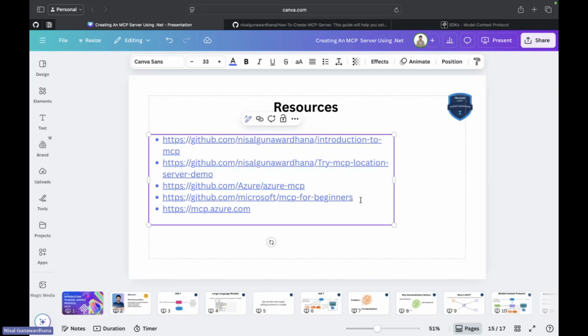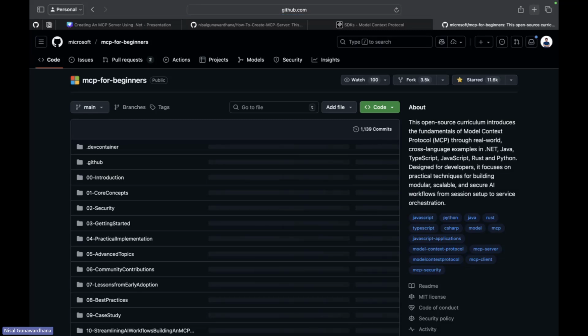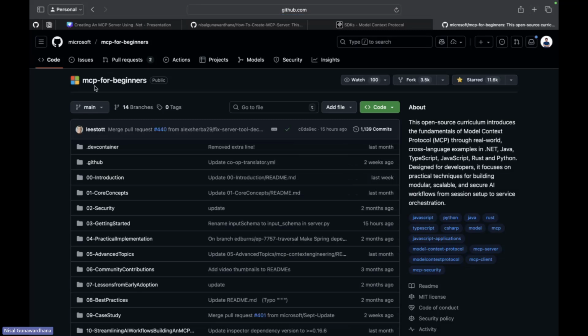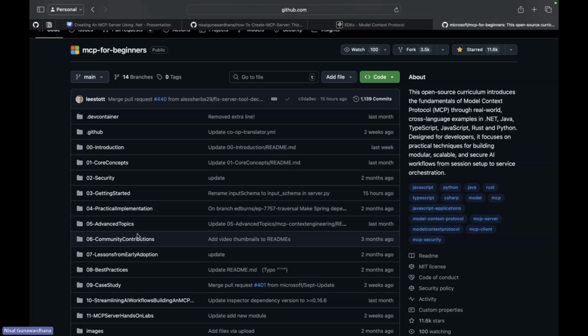Again, this is a very important resource from Microsoft, right? I copy this one, paste it here, and move to this particular repository. This is MCP for Beginners from Microsoft. This is just a learning repository, guys. You can follow these learning resources and get much more idea about MCP.